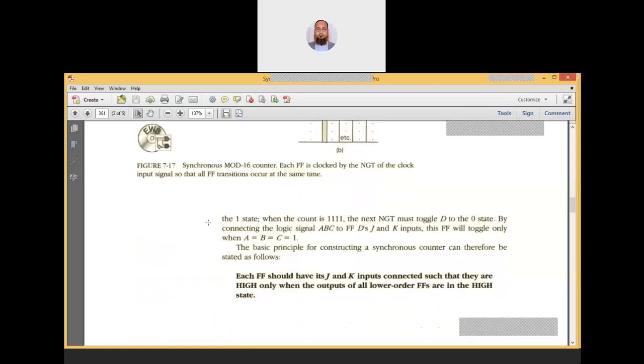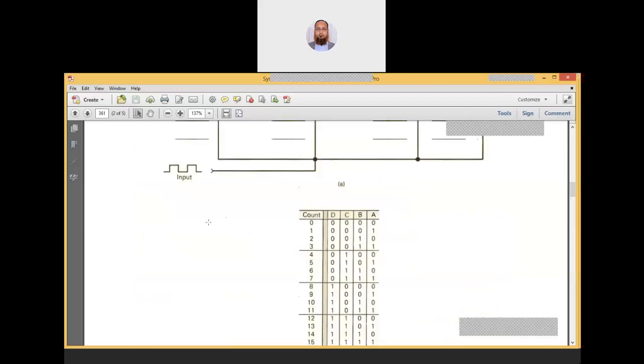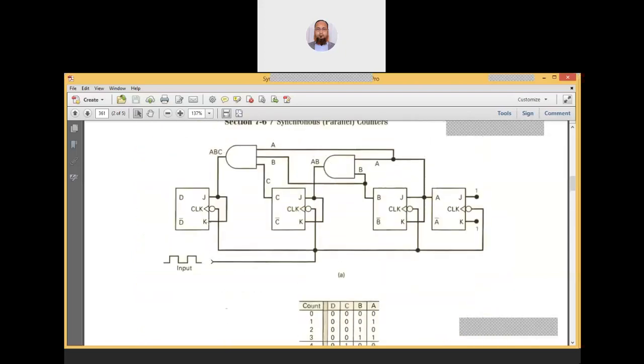We have seen the synchronous counter. It was a 4-bit counter, and we have seen how this is operating. I told you in the previous class as well that if you want to increase the number of counts, the flip flops or the states, we can add one flip flop here, and